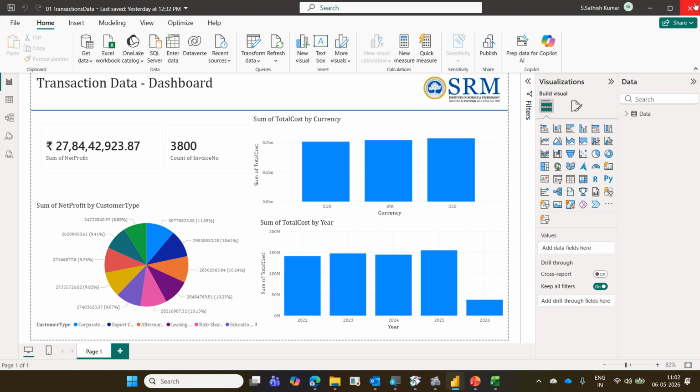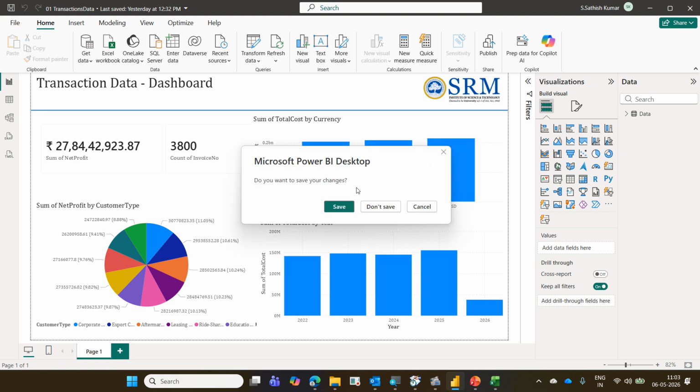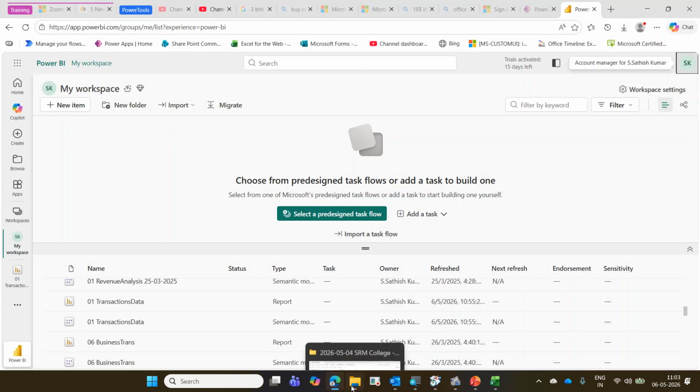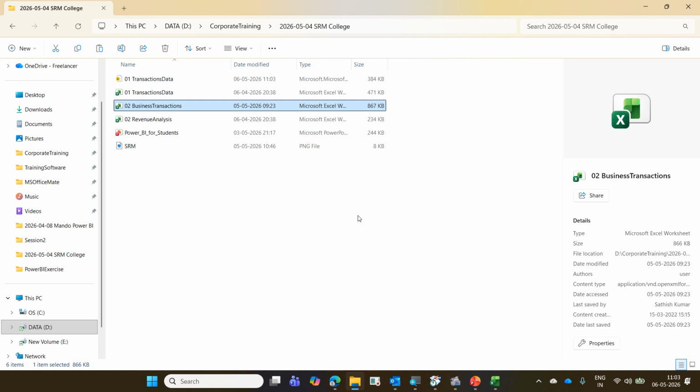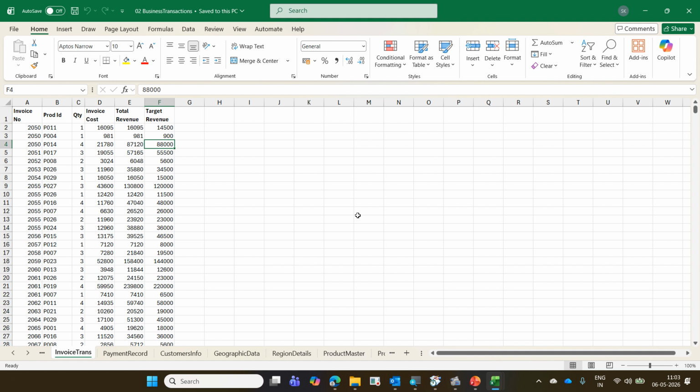Today morning, he would have sent a file. I think that file is 02 business transaction. Please open that file called 02 business transaction. When you go to the corporates, or some other companies, you will get data like this. You will not get only one file or one sheet. You will have multiple sheets. They will be using SAP, Oracle, ERP. In so many companies, they don't use normal software, they use multiple softwares. So when you download the file from multiple software, you will have sheets like this.